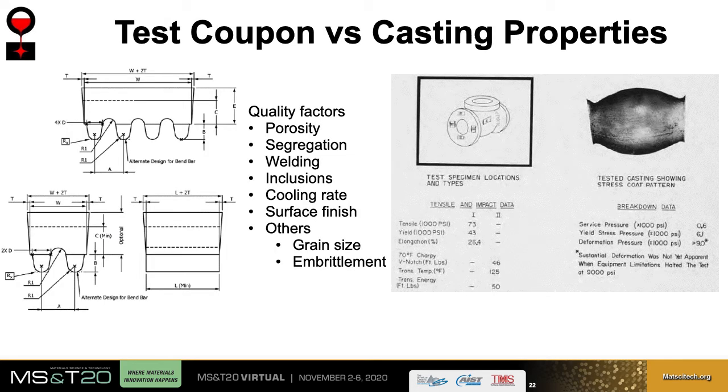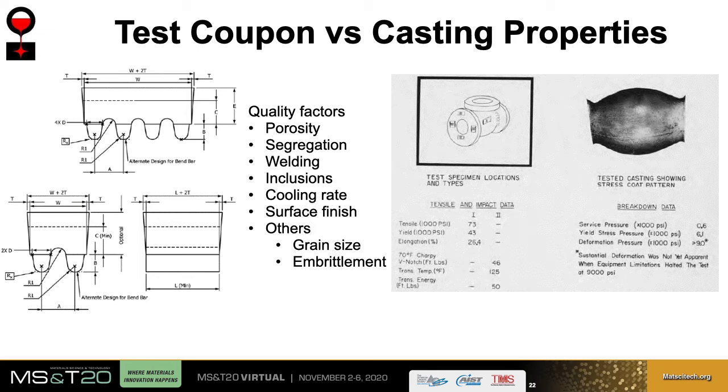Lower bound property analyses that I showed in the previous slides were on heat data. For each steel heat that foundries make, they test the quality of that heat by testing specimens from a test coupon, usually a keel block. The picture on the left shows a standard keel block. It typically has 4 legs or 2 legs. These legs are machined to a tensile bar or Charpy V-notch bar. The test results of these keel block specimens should meet the material specification requirements to qualify the heat.